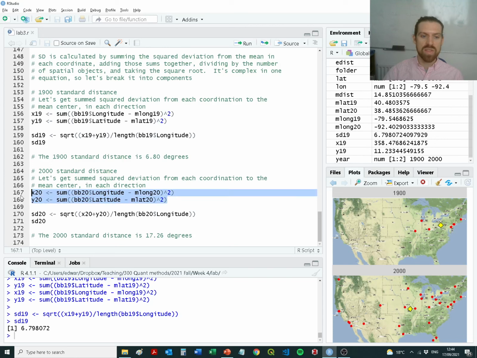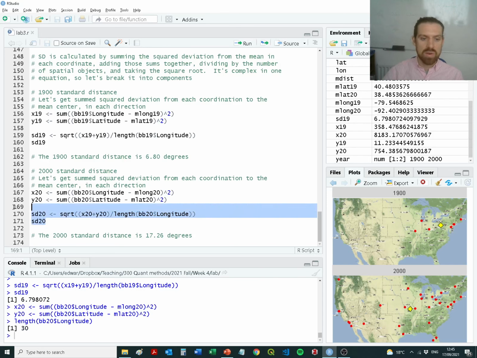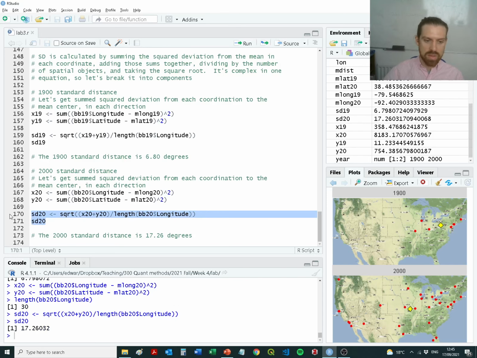We get that x20 and y20 set of parameters which are now in our global environment up here. Then we do the same again: we add them together to get the numerator, and then divide by the total number of sample points that we've got, which is 30. And then when we take the square root, we end up with